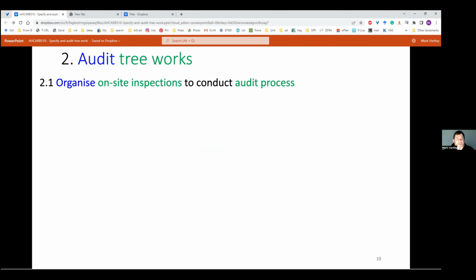So then auditing it is simply organising an on-site inspection. As I said, my preferred method is to say we will inspect monthly, and that's the organisation of it. The audit process, it's on a development site, it's random, and I will look at the key things. I'll close my eyes to things that aren't so critical. I'll give some guidance. So I went out to a site the other day.